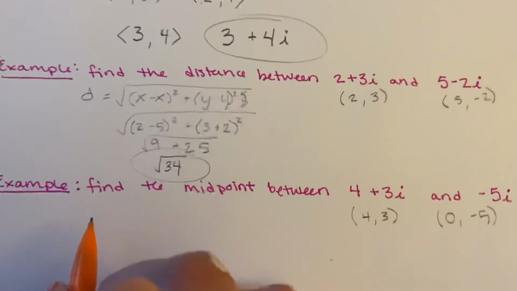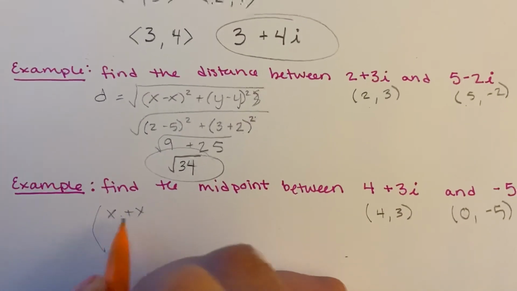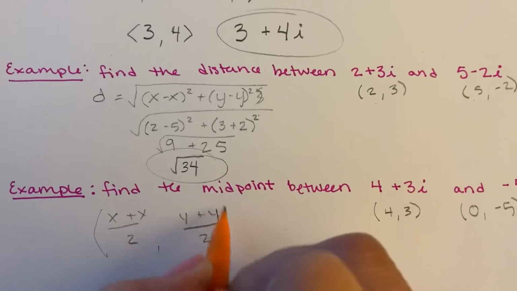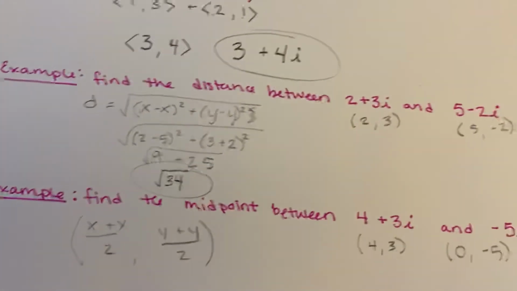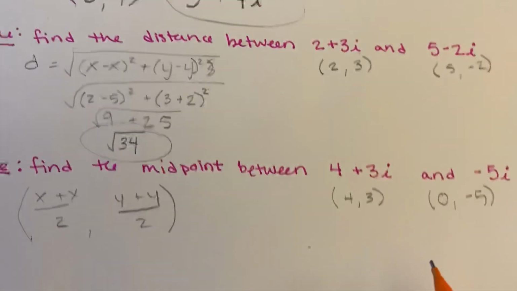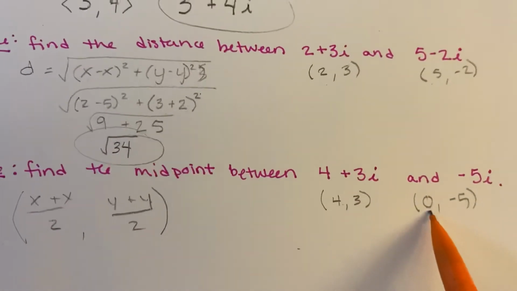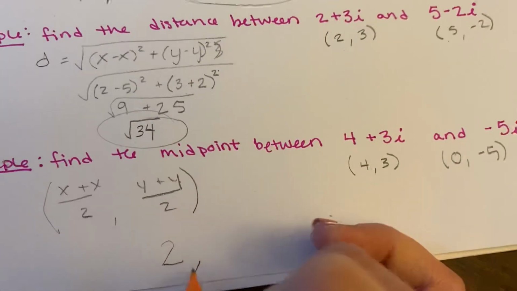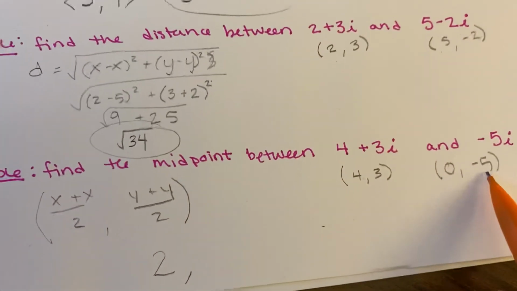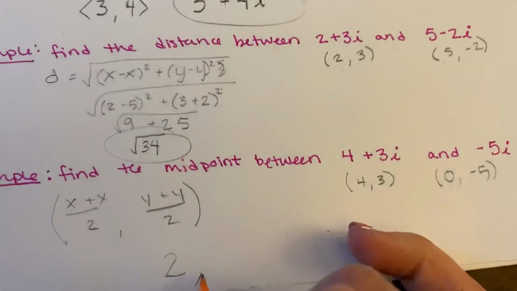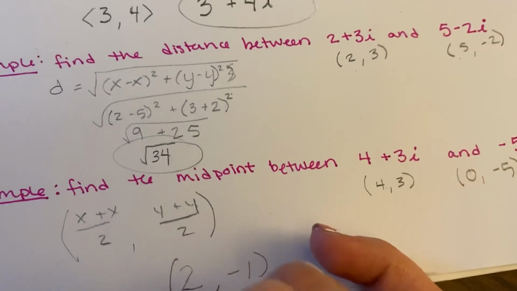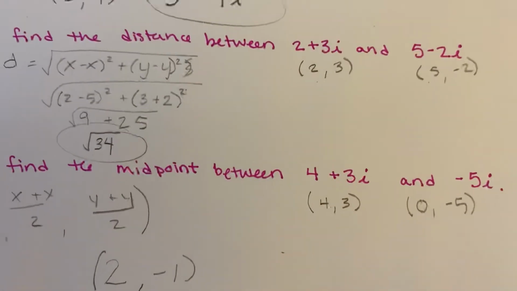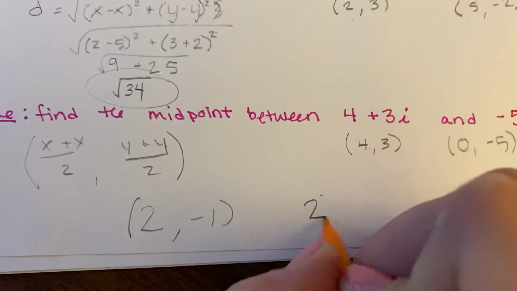And the midpoint is this big formula: x plus x over 2 and y plus y over 2. No sense in memorizing a new formula when it's just the same as what we've been doing before. 4 plus 0 is just 4, divided by 2, 2. And 3 plus -5 is -2, divided by 2, -1. So let's write this like a complex number though, because we know they're not actually points, they just behave like points. So that's 2 minus